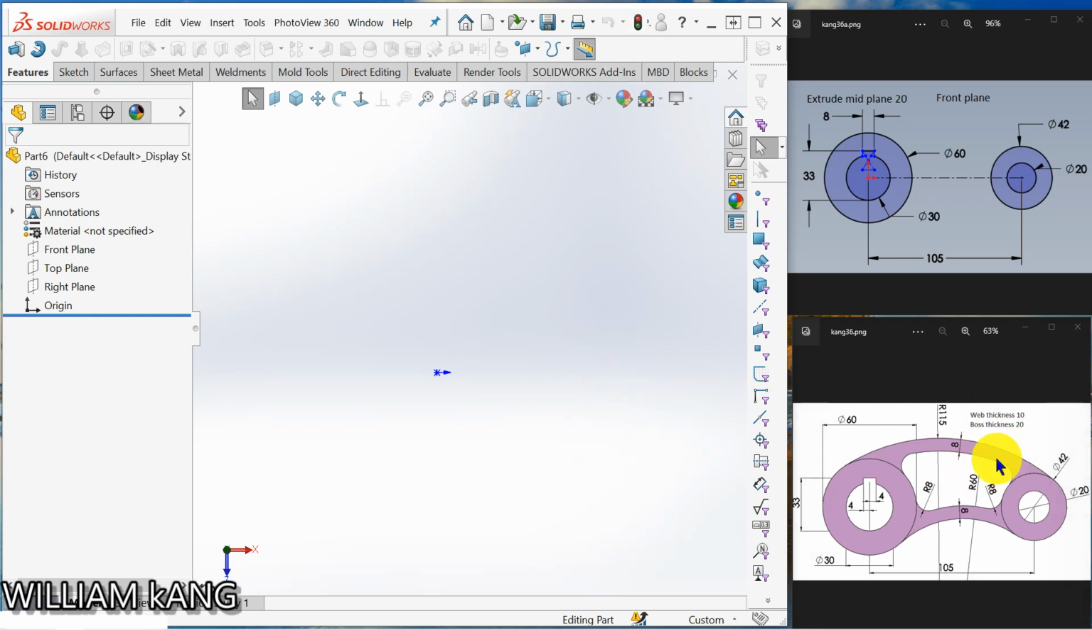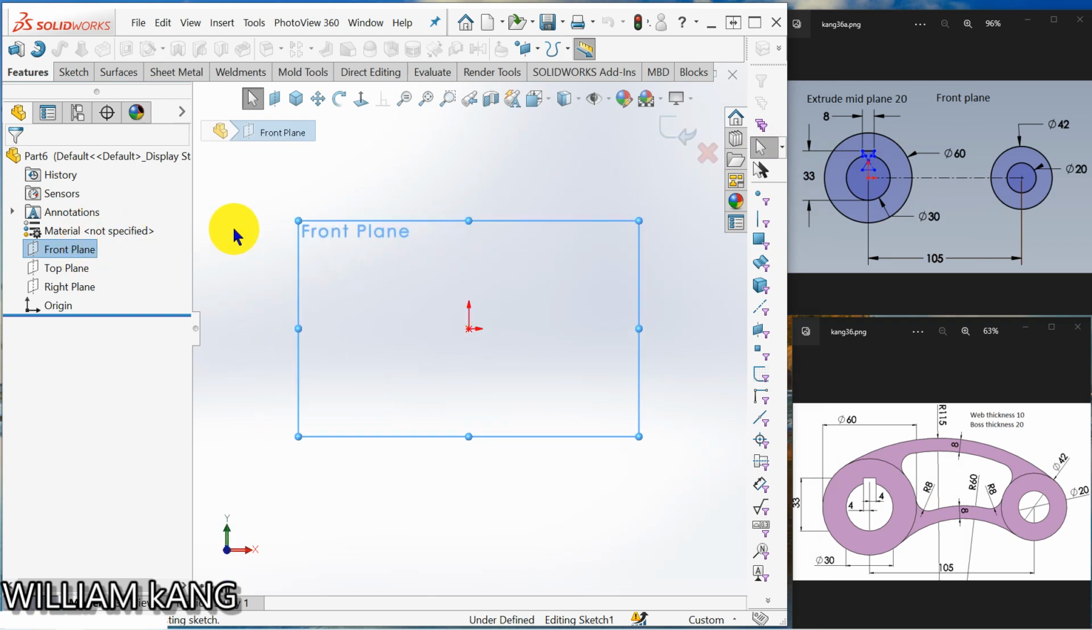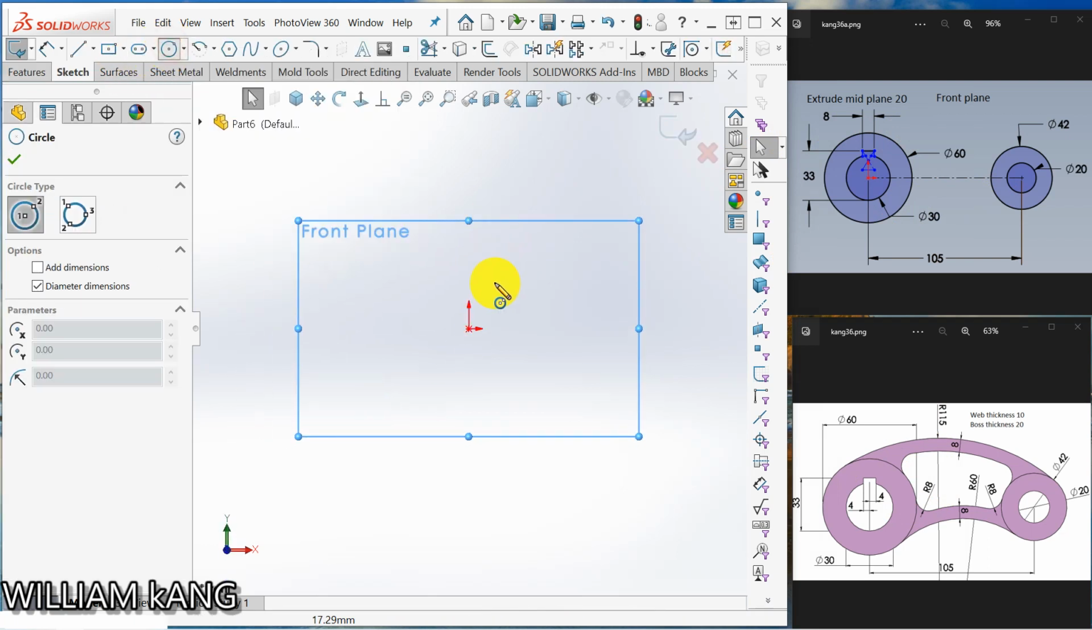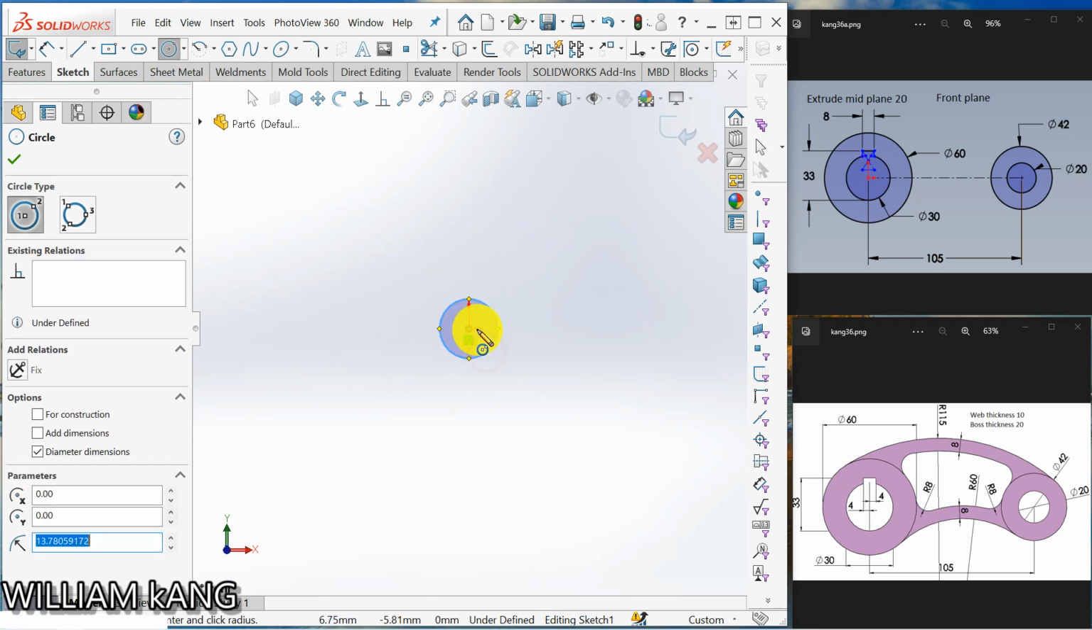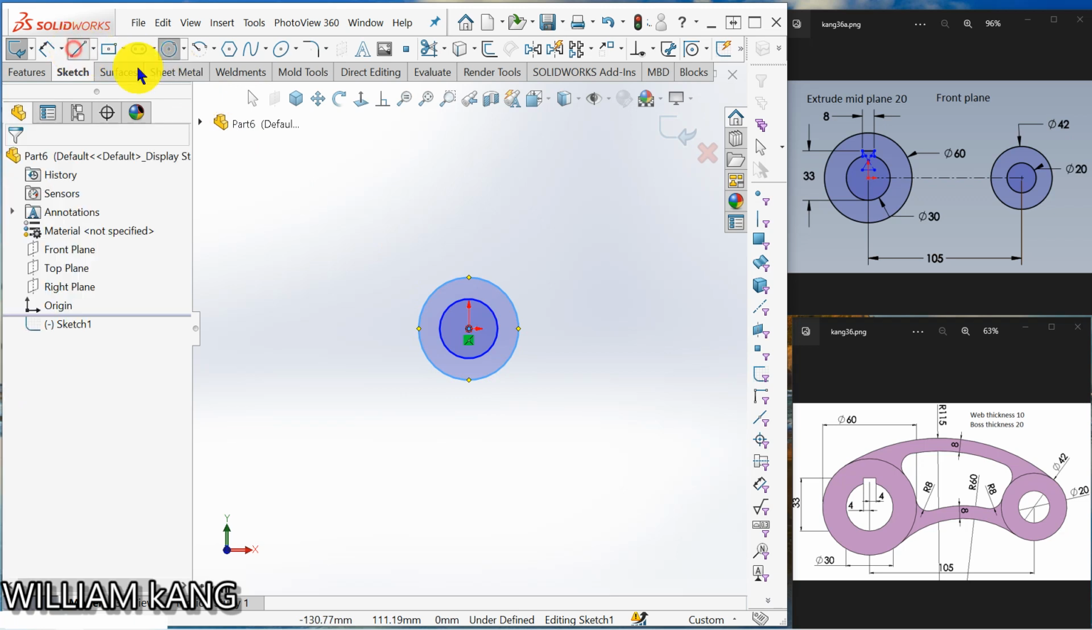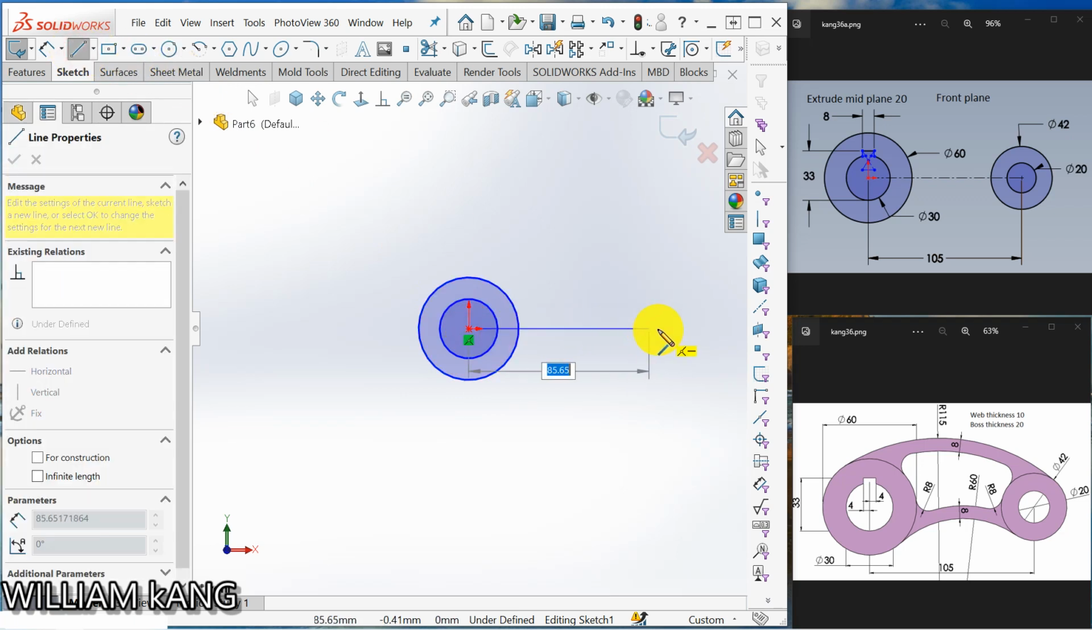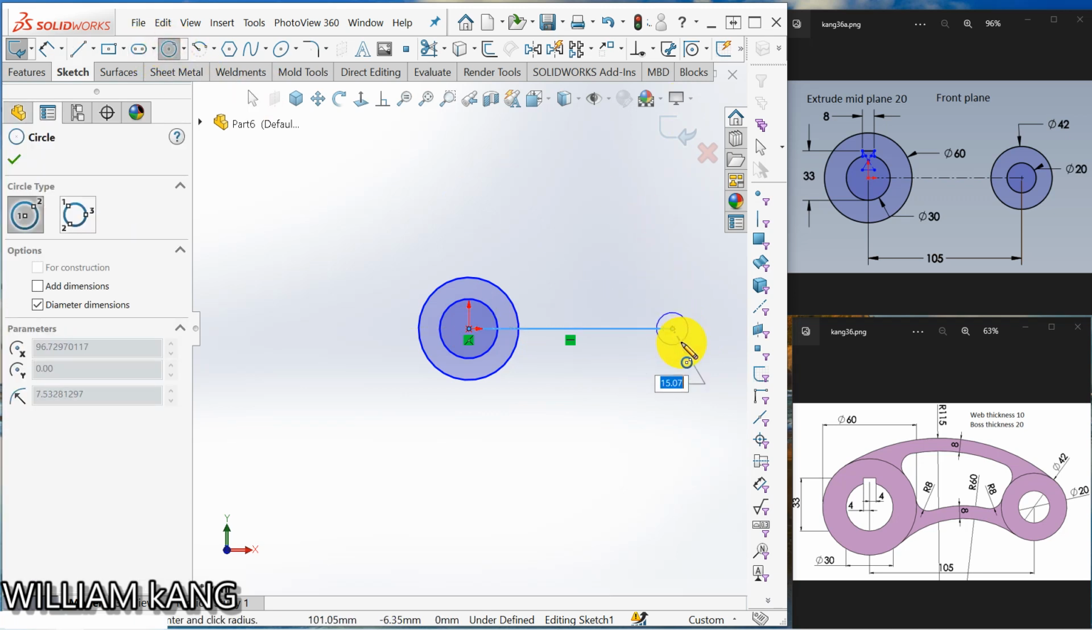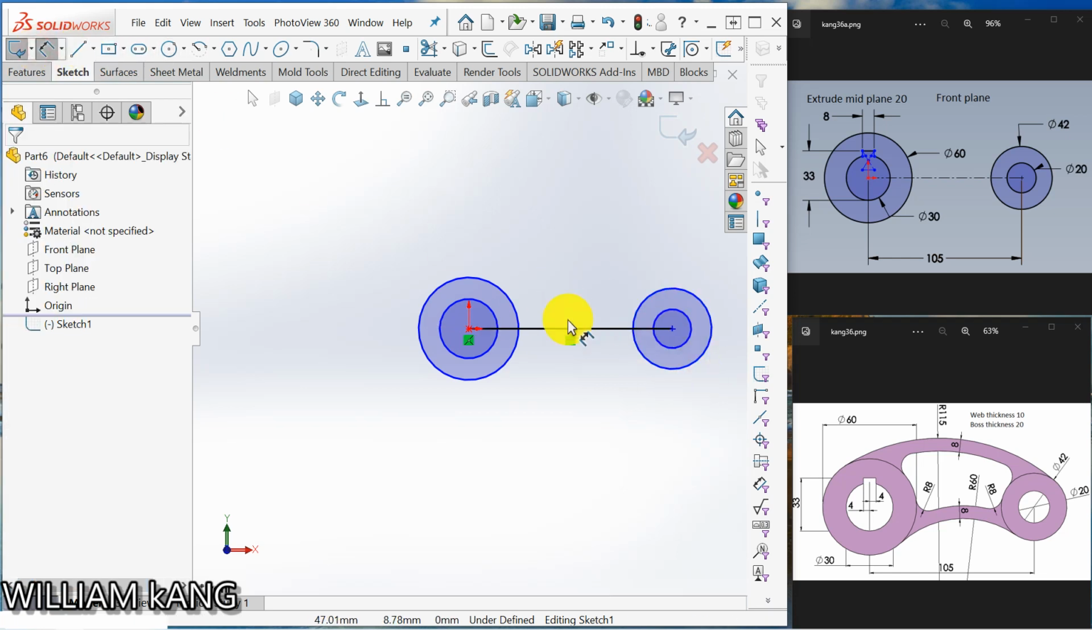Let's draw this model. So we are going to create these four circles. On the front plane, click circle, click. So we're going to draw a line. Go circle, click the center, click. Select dimension